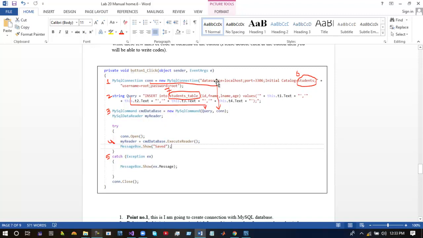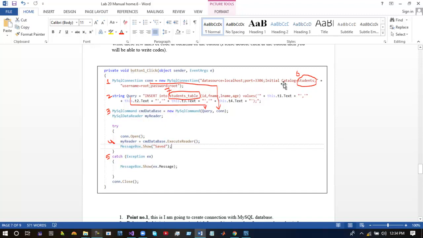So there are 4 parameters that need to be included here. The first parameter is data source. It means from where we will get our data, so that is localhost, and port number is equal to 3306.